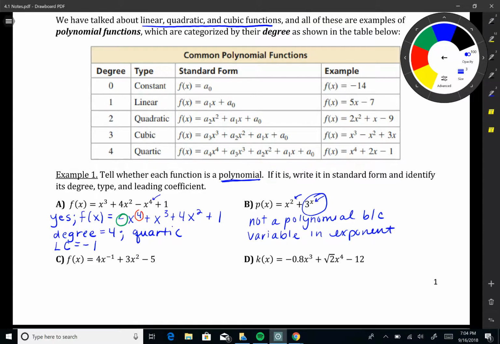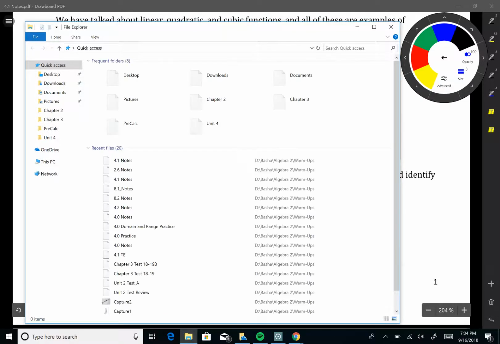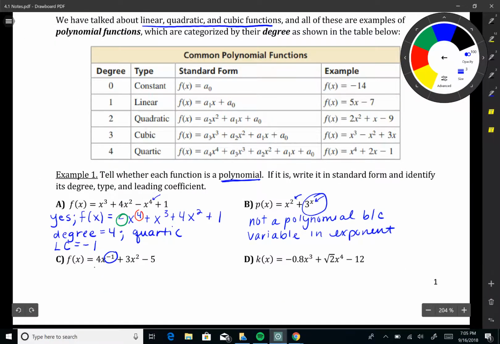All right, let's look at C. F of x equals 4x to the negative first plus 3x squared minus 5. Again, we ask ourselves, are all of its exponents whole numbers? And we should see right away that we have a negative 1. Negative 1 is not a whole number. It's a negative number. In fact, what we could also write this as is 4